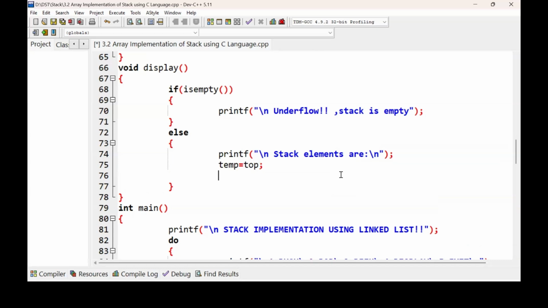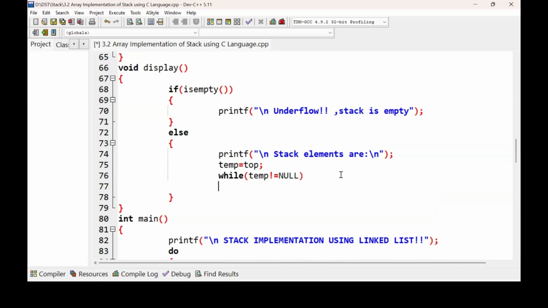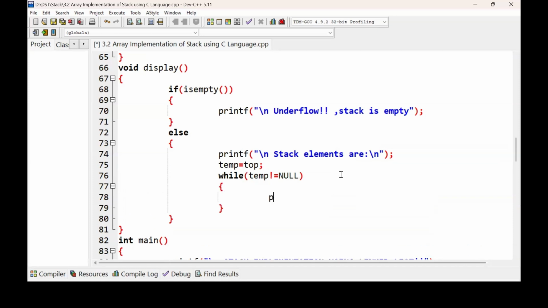Then while temp is not equal to null, this is the end of the stack. Here we have to printf. Then what information do we want to print? Temp info, because we store it inside temp info. Then temp equal to